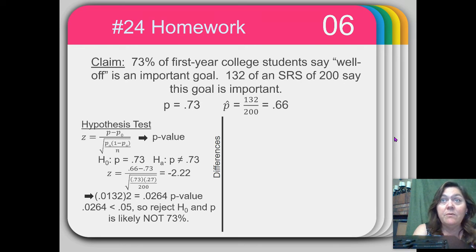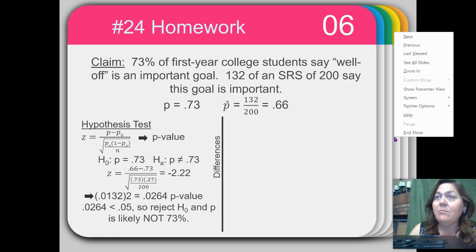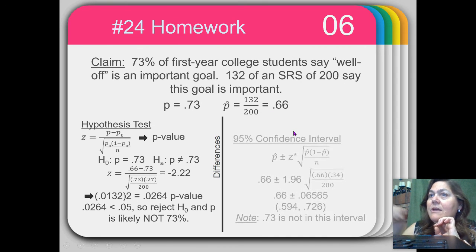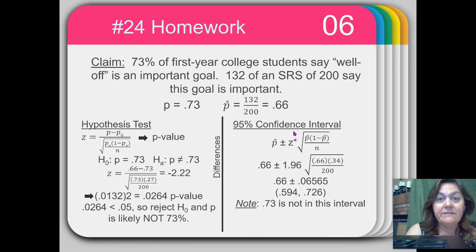You can put your claim back into a percent in your conclusion, okay? Don't leave it 0.73. You don't usually say that out in the world. You would say 73%. All right, now let's take a look and compare that. Now, compare that to a confidence level, okay? If I was to make a 95% CI for this, okay, which relates to that 0.05 alpha,